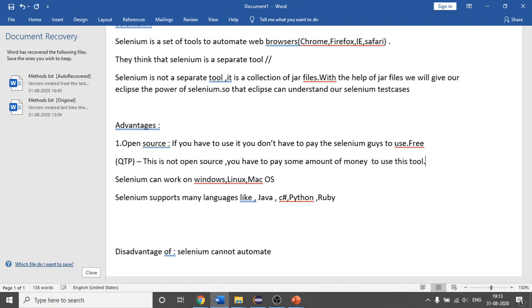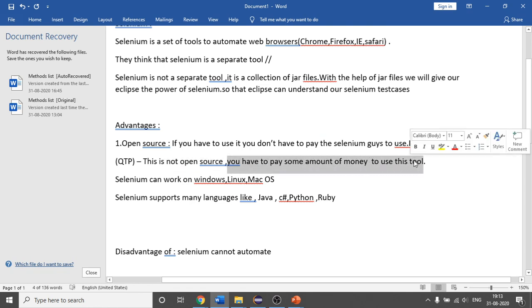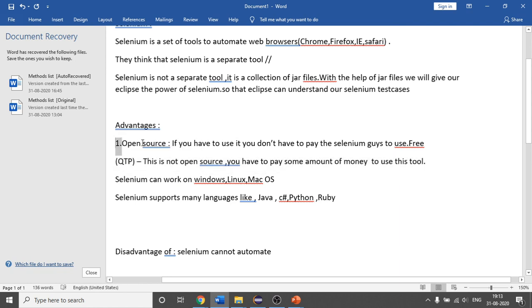I don't use it much, but our concept is that QTP is not open source, unlike Selenium. This is the reason people are switching to Selenium, because it is free, and Selenium can work on Windows, Linux, and other operating systems as well.